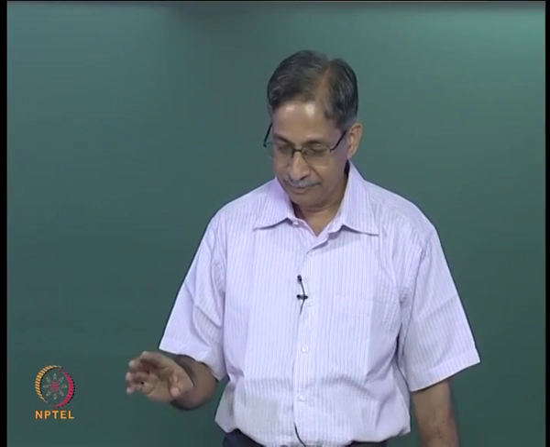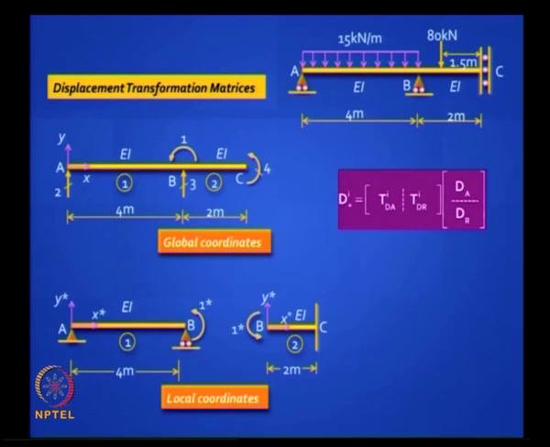Okay, take a look here. This is the reduced beam problem. These are the global coordinates, just one, is it okay? Just one, and 2, 3 and 4 are restrained in the global coordinates. Local coordinates, just one but simply supported I have shown here, and cantilever I have shown here, is it okay? 1 star, 1 star, you know the stiffnesses. For the left one it is 3 EI by L, for the right one it is EI by L, that is it. Write down the TD matrix.